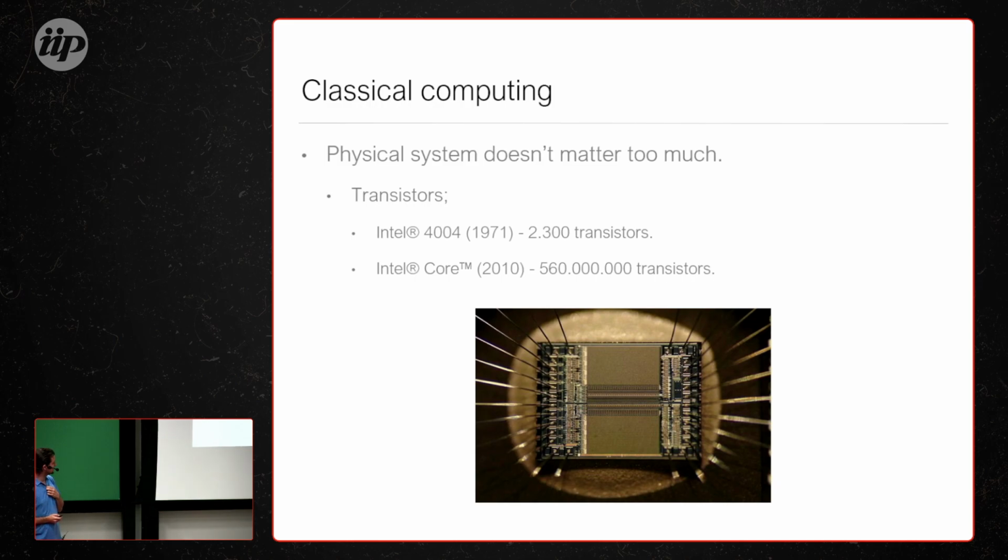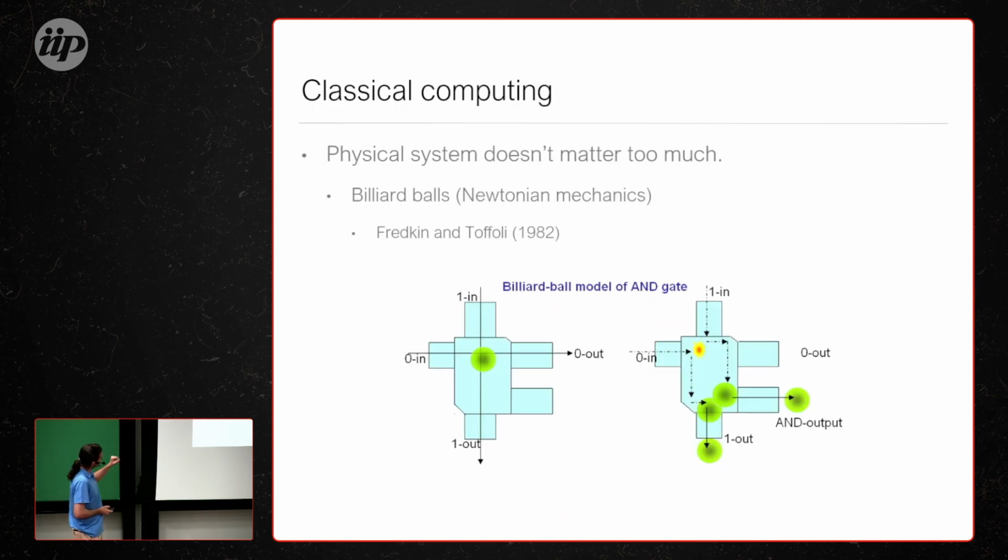And the transistor won for economic reasons, right? Now, there are other proposals that are maybe a bit more exotic. So there's this proposal by Fredkin and Toffoli of doing classical computation based on Newtonian mechanics. What you do is you have these tunnels, and if the particle is going through some of the tunnels, you call that a 0, and if it's going through some other tunnels, you call that a 1. And just from the laws of classical mechanics, of Newtonian mechanics that describe how collisions work, these geometric shapes perform computation for you, right?